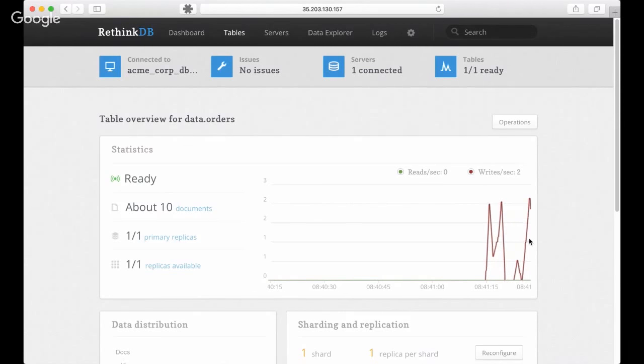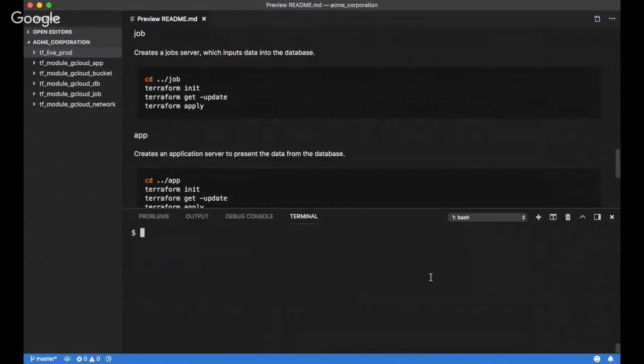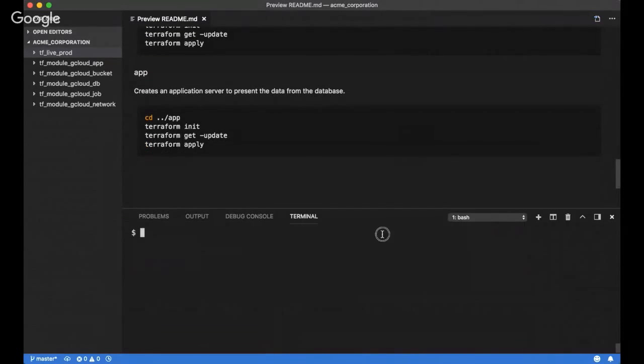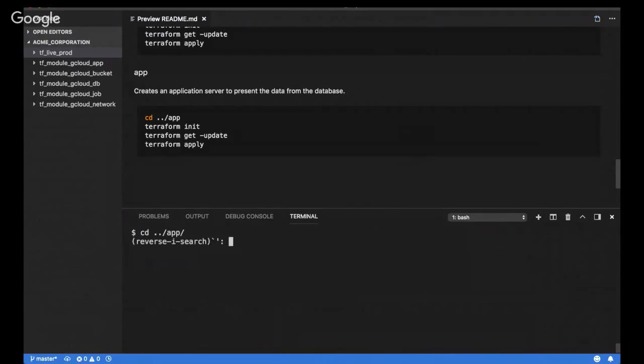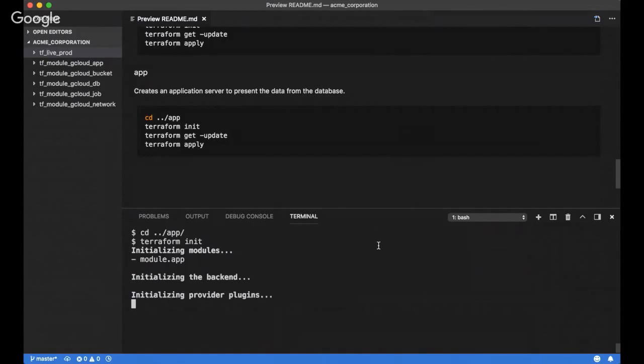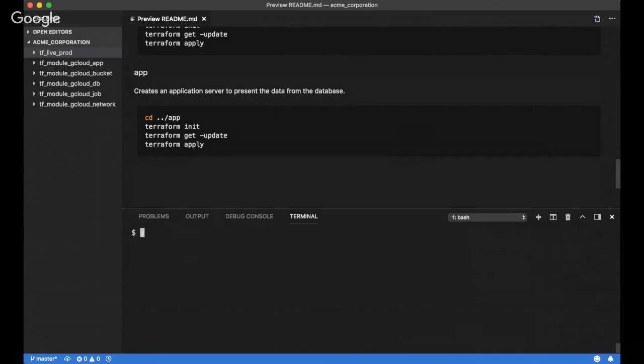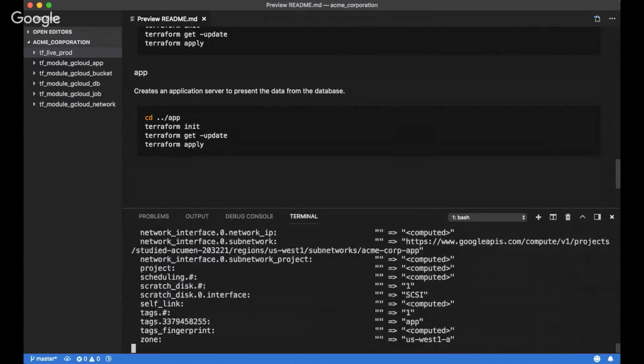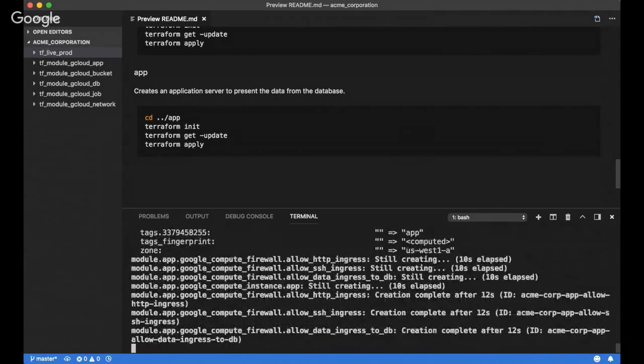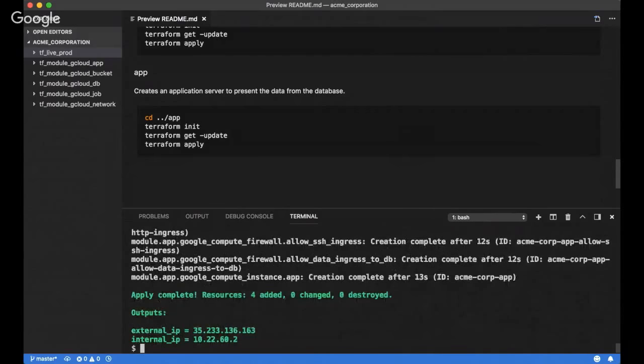So the last thing we need to do is have a way to view it. So you can view it in the RethinkDB if you want, but we made a quick little admin UI, which will basically be able to have a dashboard of orders of each product and revenue coming in. And so we're going to do another apply. And once we do that, we'll be able to have an app server running. And the outputs are similar to a database, which is we'll have an external IP that we can gather, and I can go to the web interface.